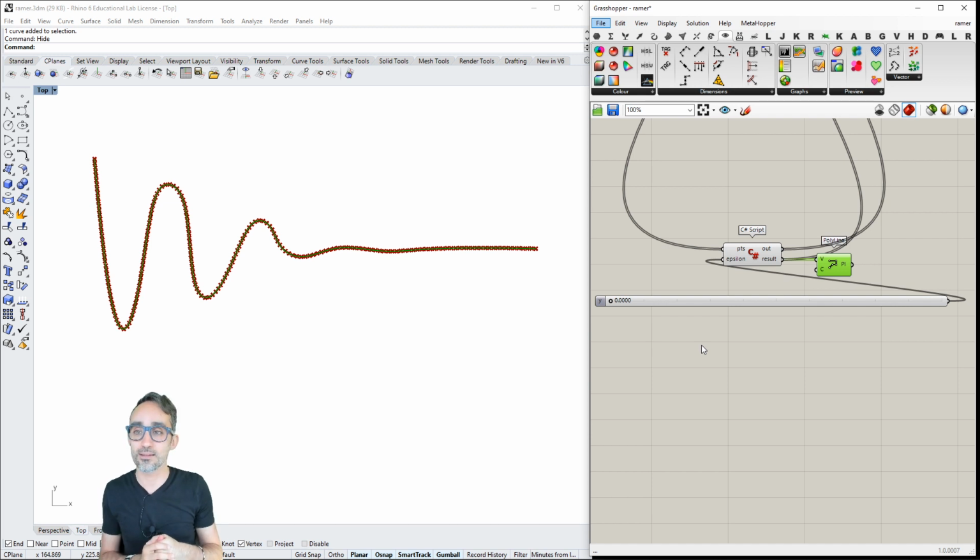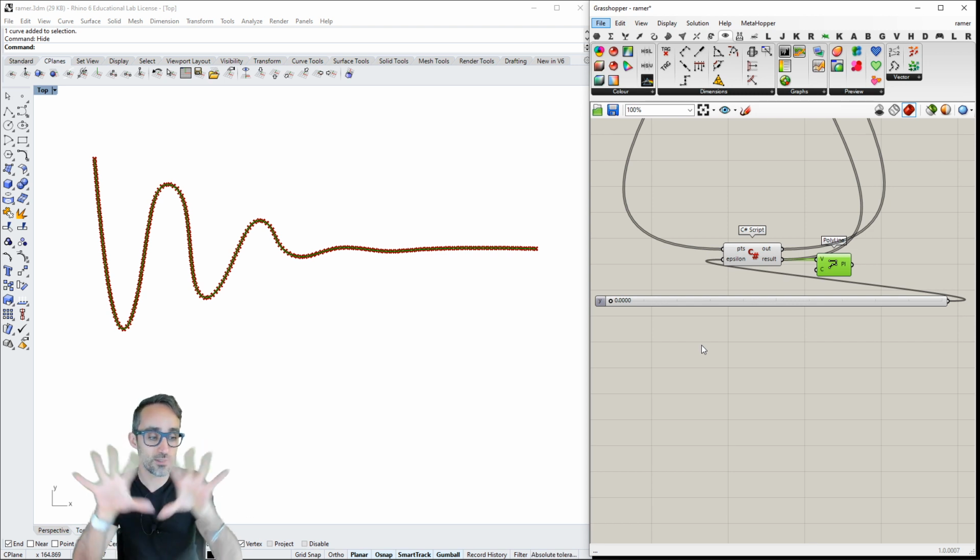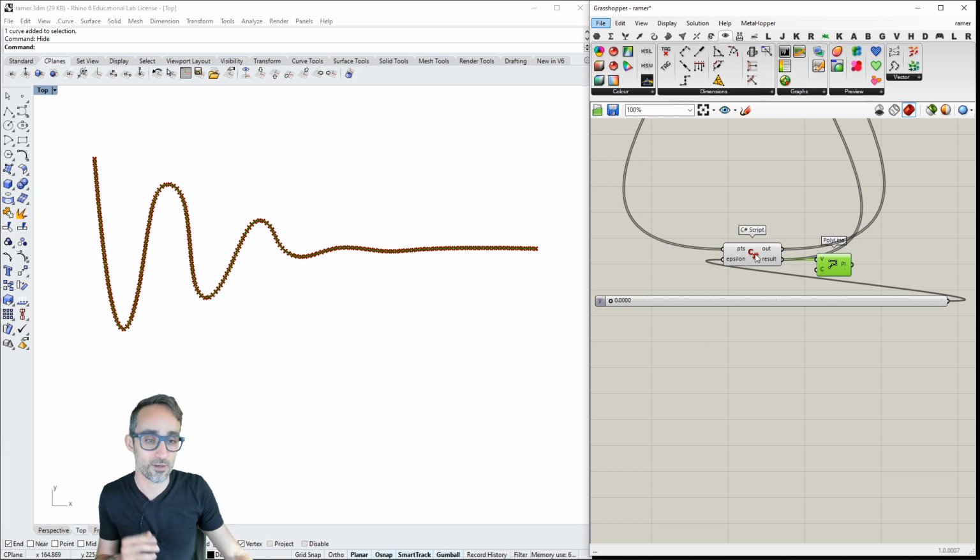I'm going to be implementing this in Grasshopper for Rhino, which is a parametric modeling environment connected to a 3D modeling environment that allows me to do C# scripting. I'm going to use this environment because it gives me a lot of visualization capacities with very little effort.